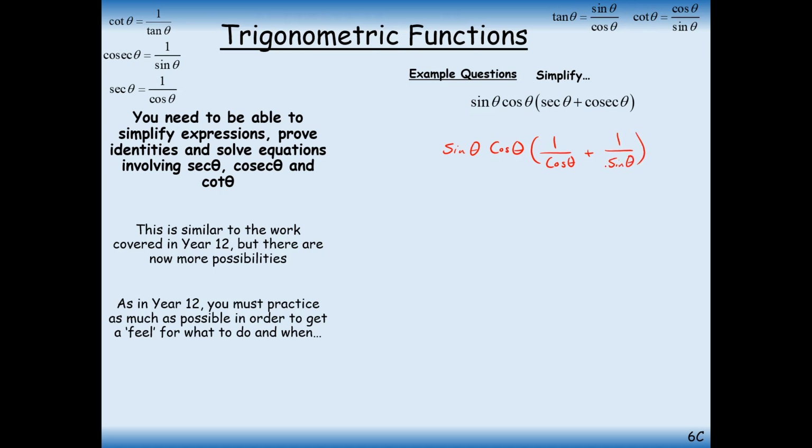Add these fractions with each other, and to add them we need a common denominator. Therefore, I'm going to just keep the sine cos outside the bracket as they are, and cross multiply these two with each other, and then we'll have sine theta multiplied by cos theta, which is exactly the same as the product outside of the bracket. So the denominator cancels the factor in front of the bracket, and what we're simply left with is